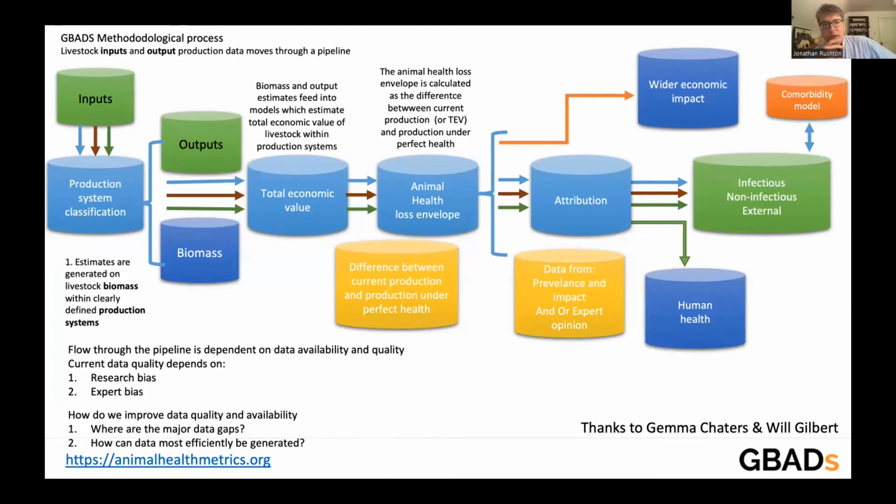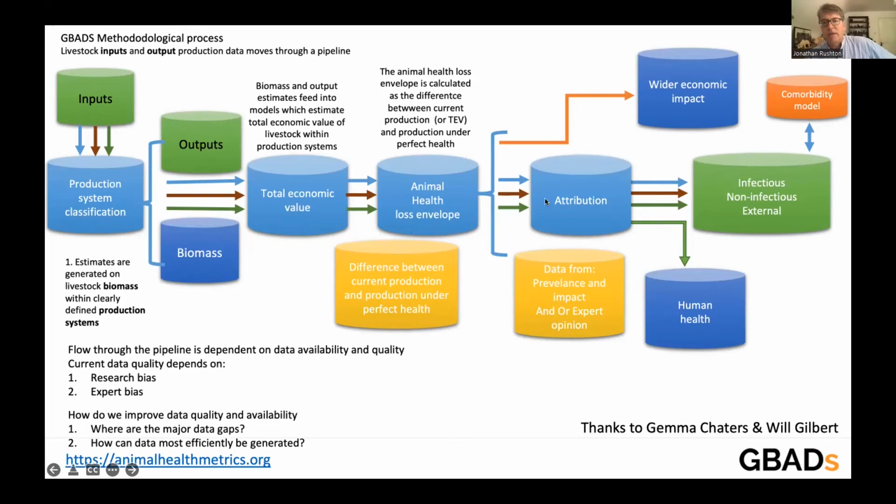So to try and summarize this, and this is something that Gemma Chaters and Will Gilbert have been working on with me in the last week or so, we've got a range of data inputs going into supporting a production system classification. And for the different groups of animals, we're thinking very carefully about what they are producing in terms of outputs, what's their biomass, combining that to give us a total economic value for those particular animals and their production systems, generating that gap analysis with regards to the animal health loss envelope,